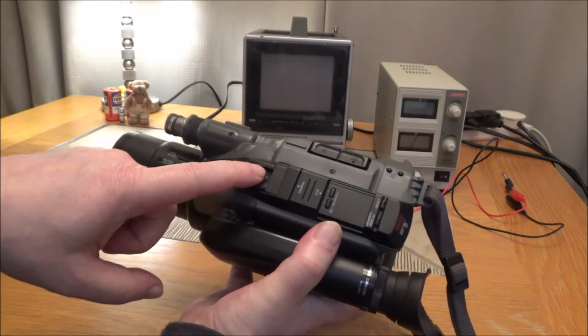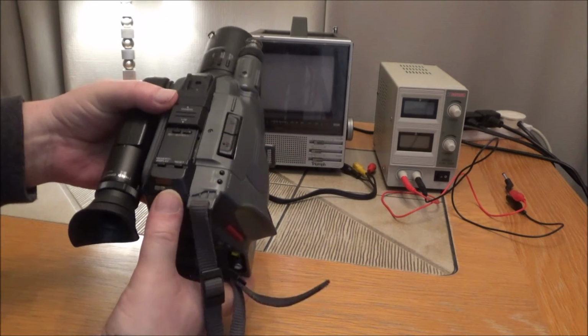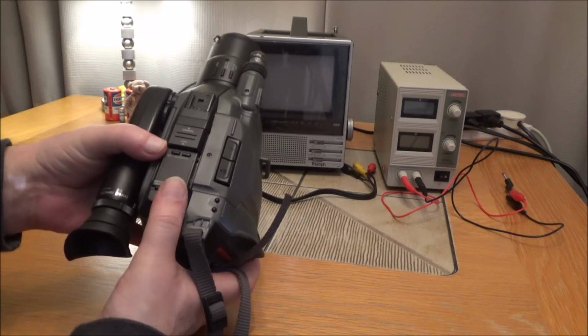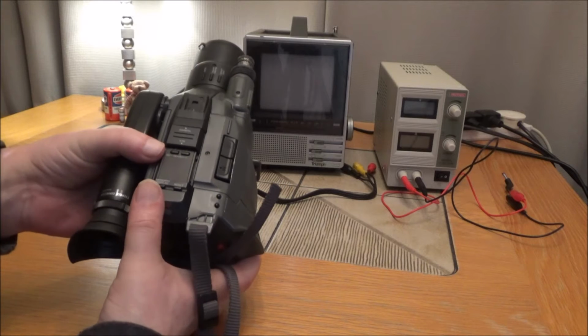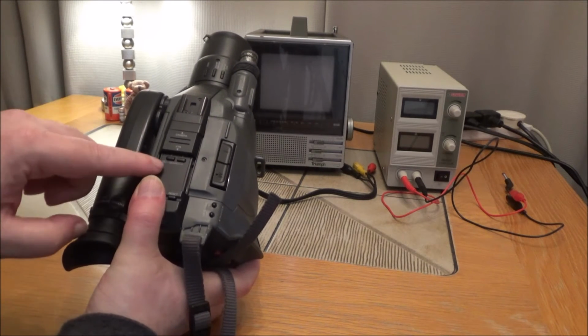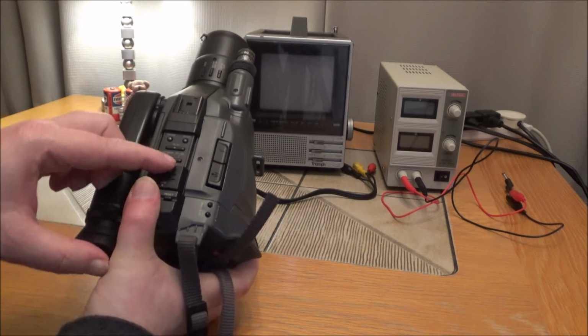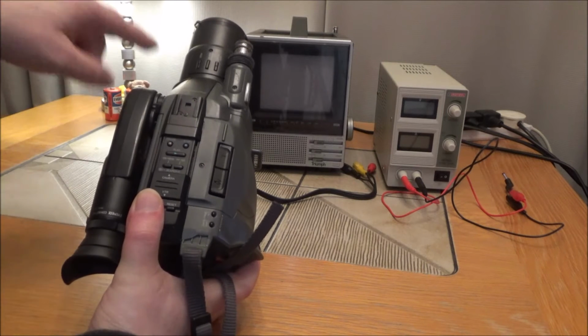You've got a hot shoe for a video light. You've got here a memory and a display button and a reset button. That's for your counter, for the tape counter. Operate switch there. You've got this little slider, camera and VTR. You've got your search buttons left and right for rewind, fast forward. And then you come back. And then that puts it into VTR mode, so you can play your